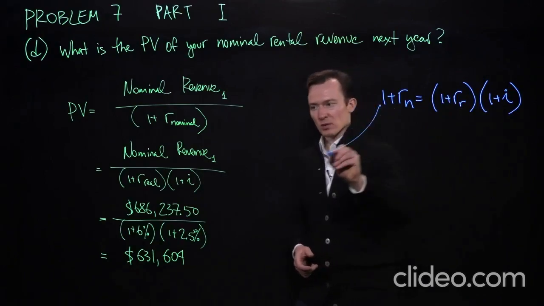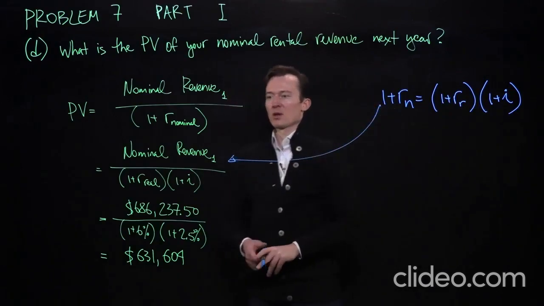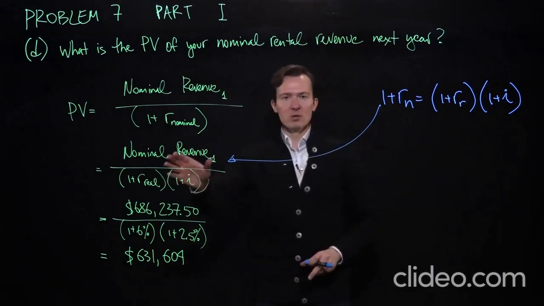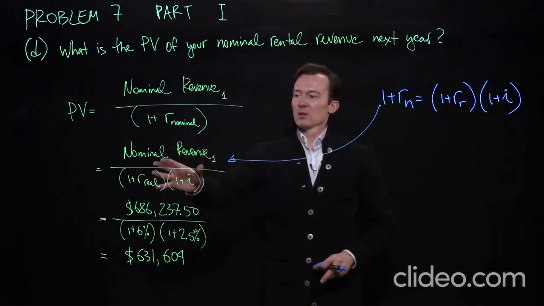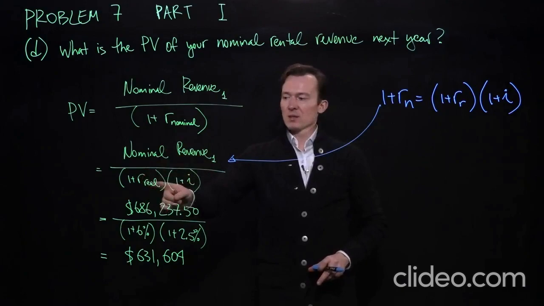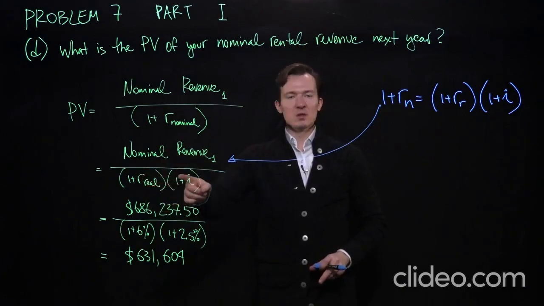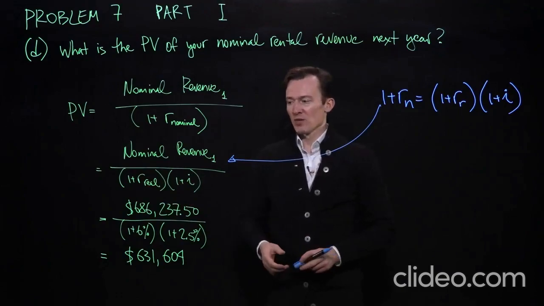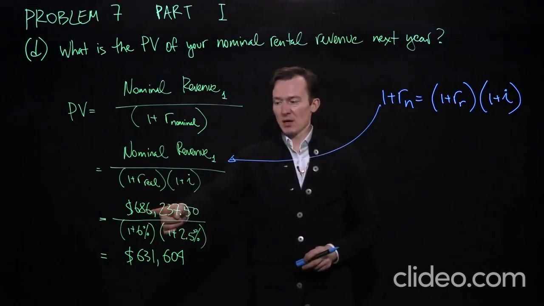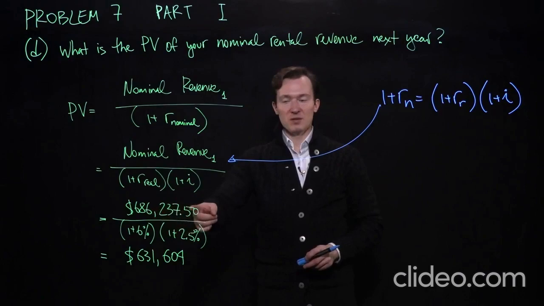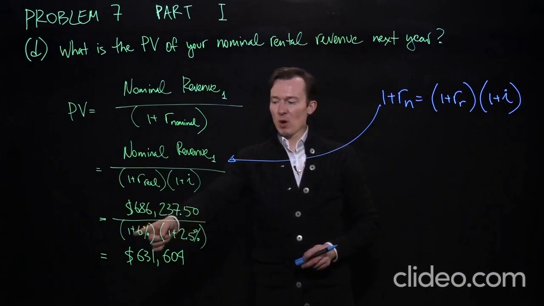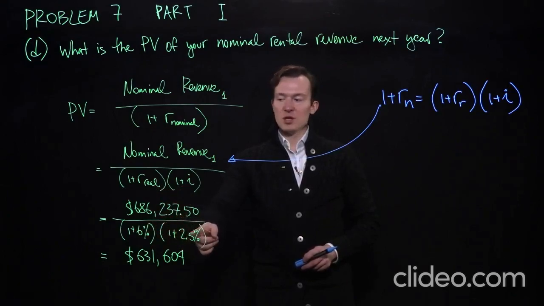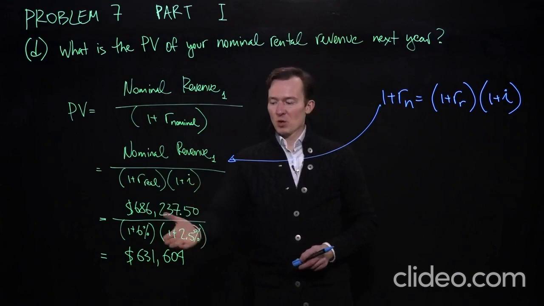Plugging this equation in here, we get nominal revenue in year 1 divided by 1 plus real discount rate multiplied by 1 plus rate of inflation, which gives us $686,237.50 divided by 1 plus 6%, which is the real discount rate, multiplied by 1 plus 2.5%, which is the rate of inflation, which gives us